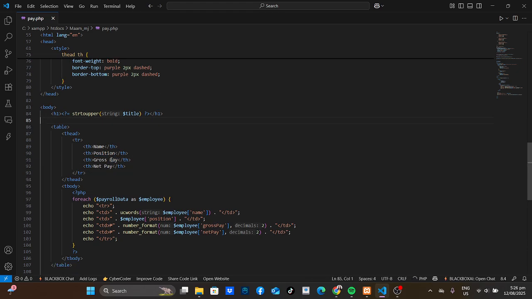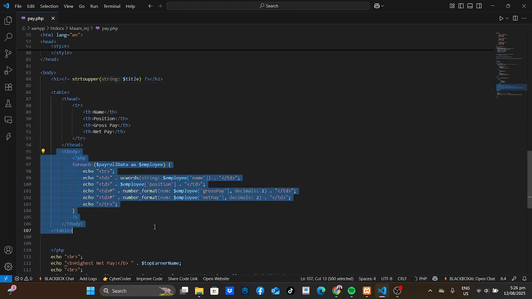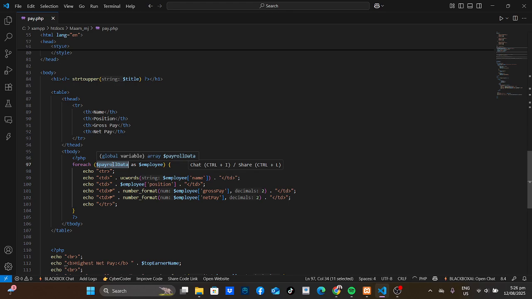Inside the tbody here, I loop through each employee in payroll data and display their name, position, gross pay, which is formatted with a peso sign and two decimal places, and then the net pay also formatted with a peso sign and two decimal places.